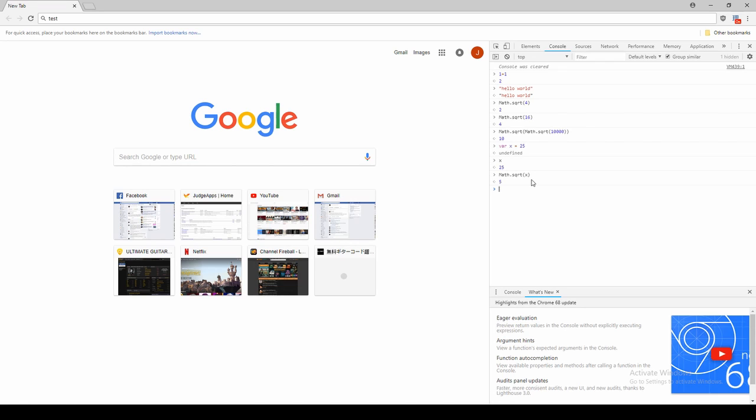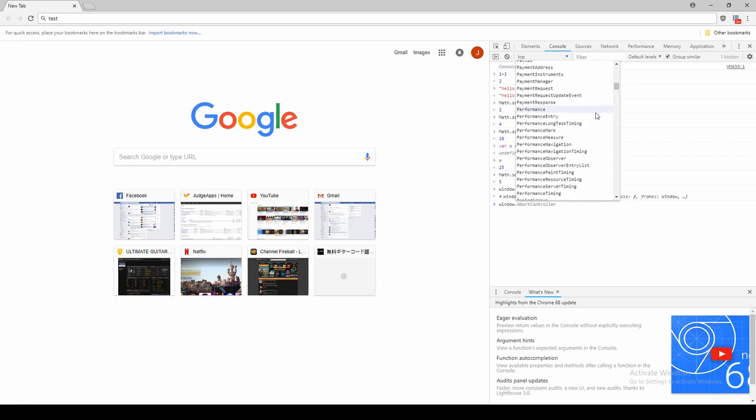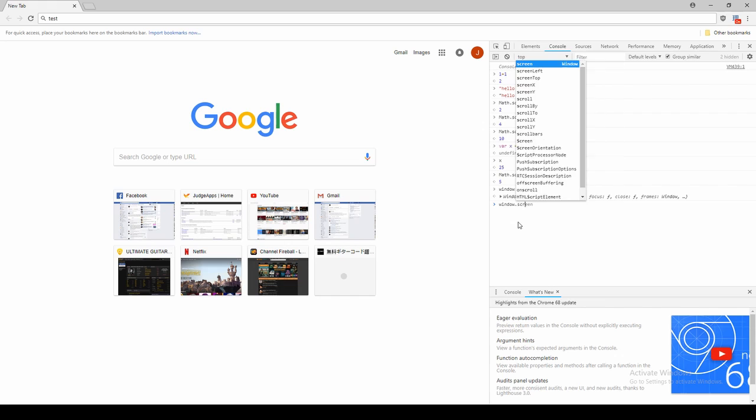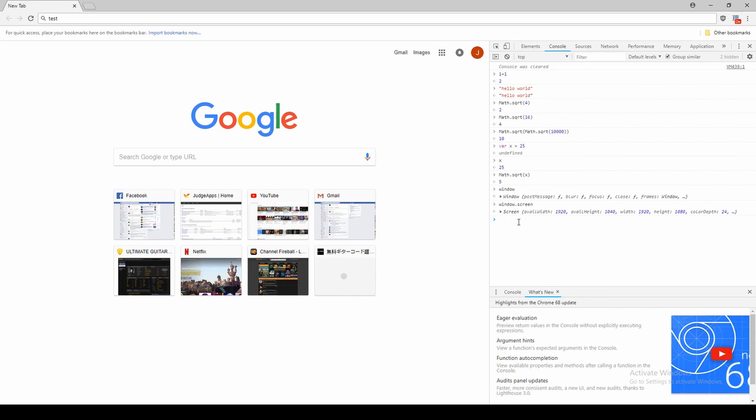There's a bunch of other cool objects that you have access to right now because you're in the context of this Chrome browser. I can look at the window, and it has a whole bunch of properties and methods. If I said window dot screen, that would give me some information about the screen that this window is on. So the available width,